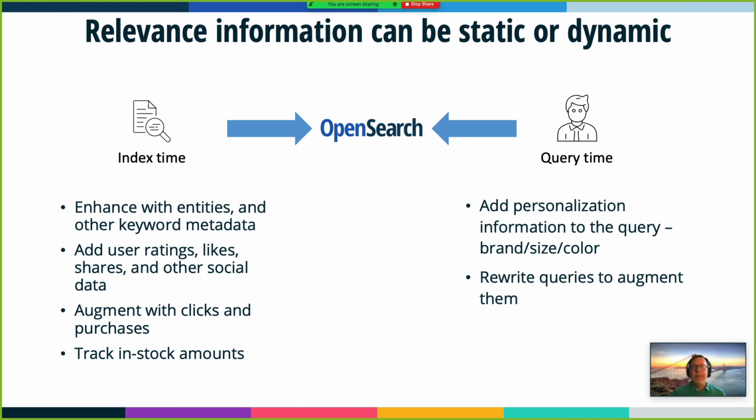All of that can be done at index time. This is all static information that you know at the time when you send that document in. You also have query time information that you can use to augment the query itself and do a better match and a better ranking based on a particular customer, a particular user who is querying that data.